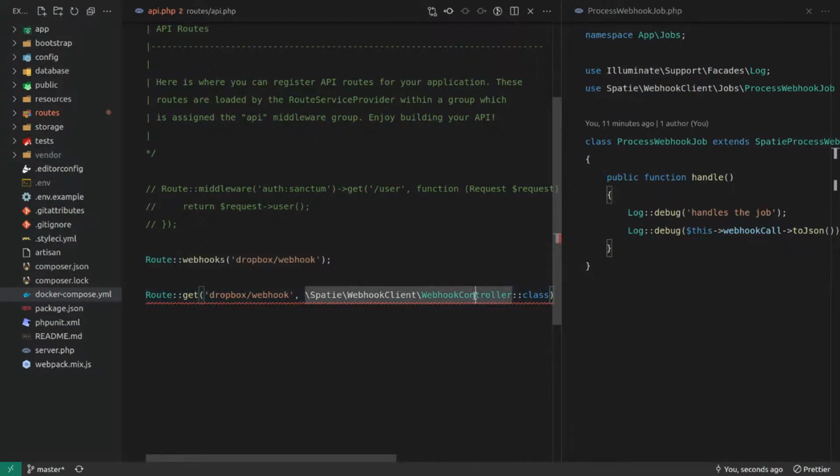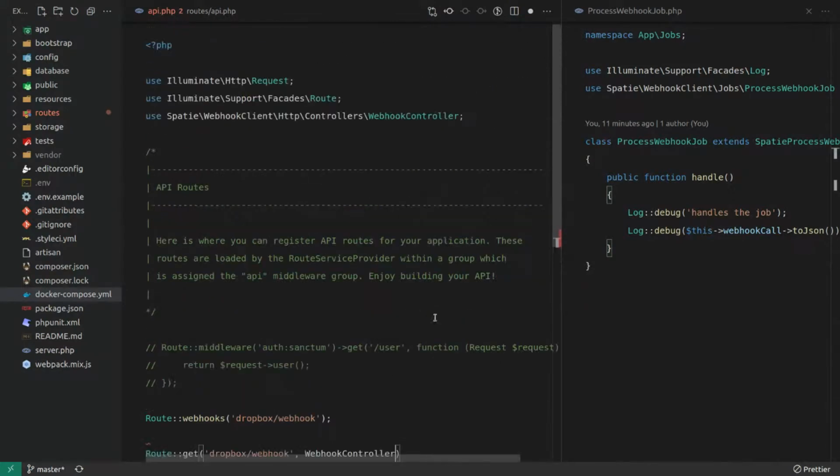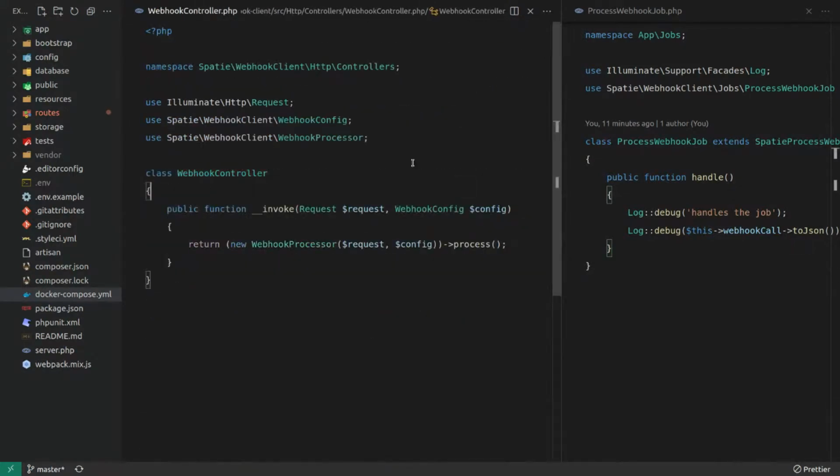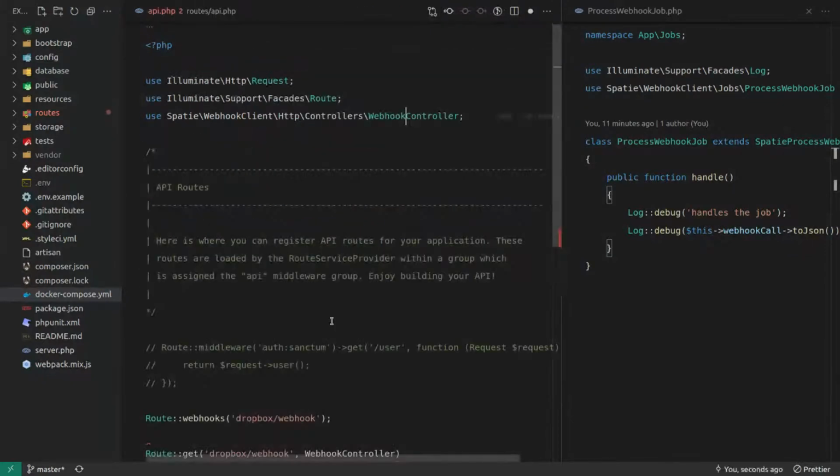Save that. Control click. Click that. So webhook controller. Okay, invoke. I don't actually know much about that in PHP.